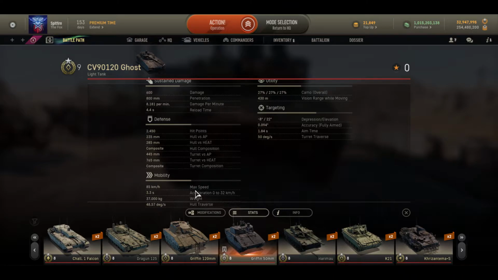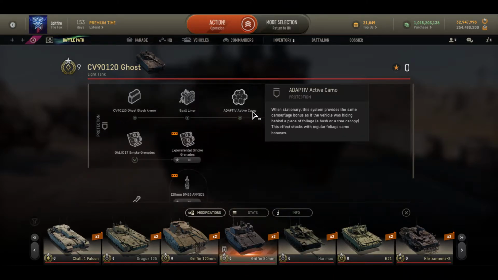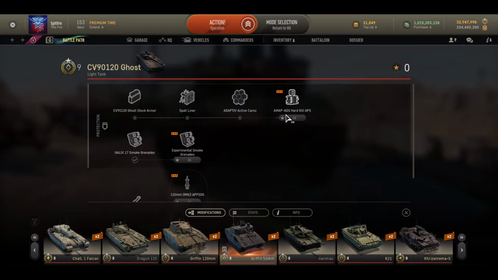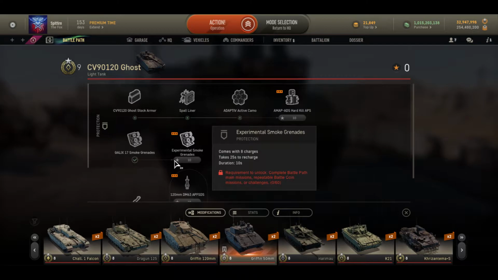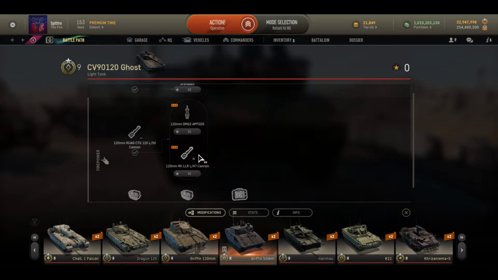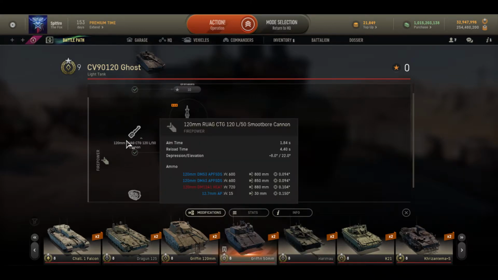That's moving, and a max speed of 85, that's also quite good as well. It comes immediately with adaptive camo, so we might be looking at somewhere near the Griffin's level of camouflage, which is actually going to be quite insane. Ability to unlock a hard kill APS as well, experimental smoke grenades. And lastly, we get the option of...